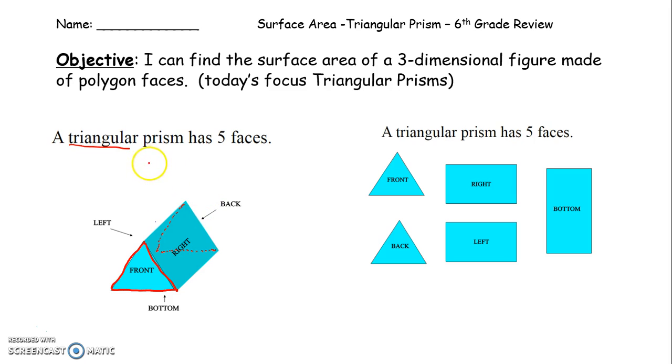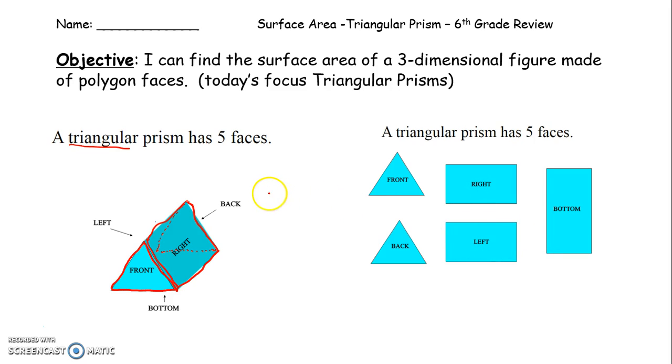And those are the bases of our prism. All other faces on the prism will be rectangles. So there's going to be 3 rectangular faces. Those are sometimes called our lateral faces. So for a triangular prism, you're going to have triangular bases on the front and back, and then you'll have